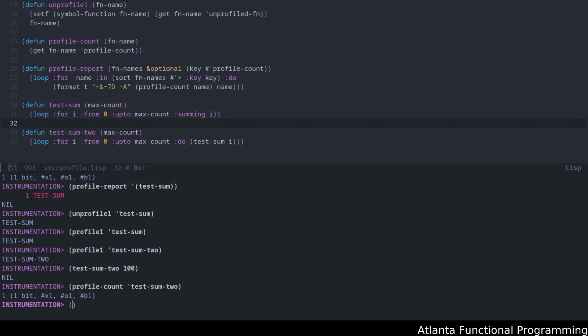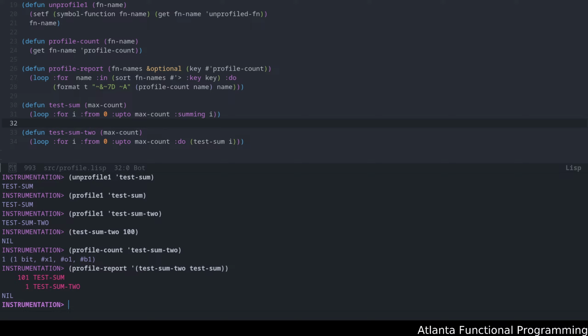But if we call the profile report, which will give us on test sum 2 and test sum, you can see that it sorted the two, and it will actually give us the number of times something is called. So this is just kind of the basic idea on how. Actually, wait a second. Why is that 101? I thought I unprofiled this. Hold on a second.